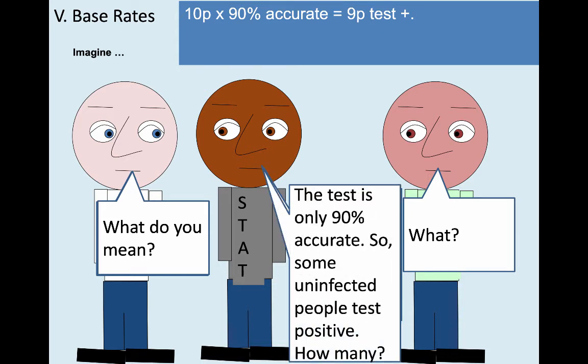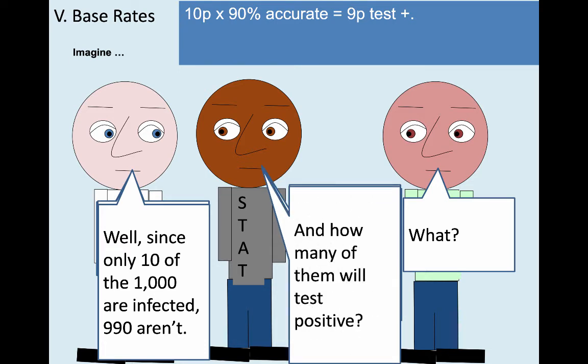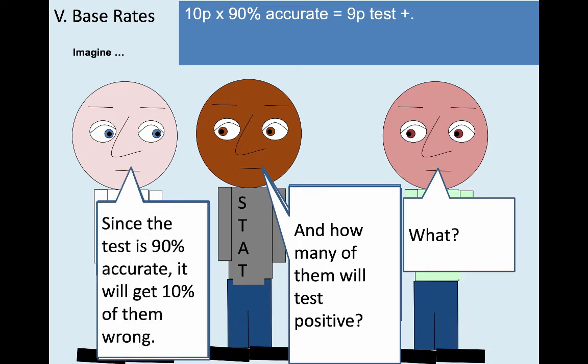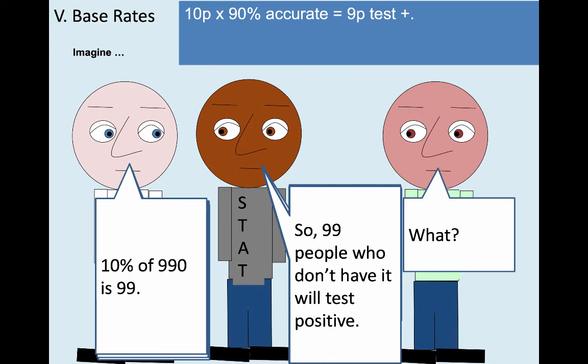So some uninfected people, some people who don't have the virus, are going to test positive. How many? And the doctor says, well, since only 10 of the 1,000 are infected, that means 990 of the 1,000 aren't infected. And the statistician says, well, how many of those 990 are going to test positive? And the statistician says, well, since the test is 90% accurate, it's going to get 10% of them wrong. And that means 10% of those 990 are going to test positive even though they don't have it, and 10% of 990 is 99. And the statistician says, good, so 99 people approximately who don't have the virus are going